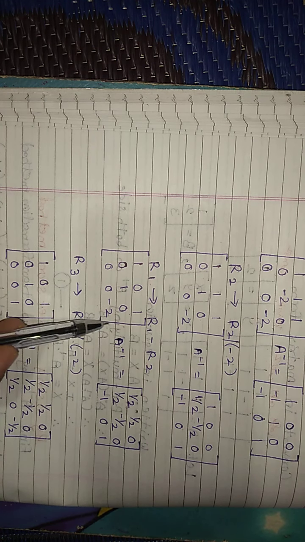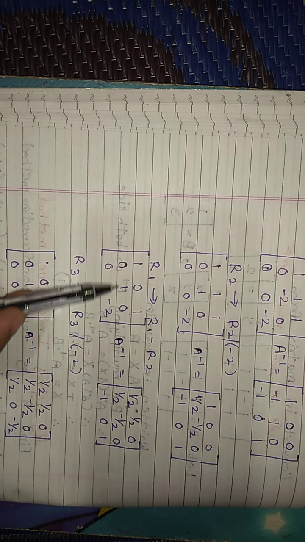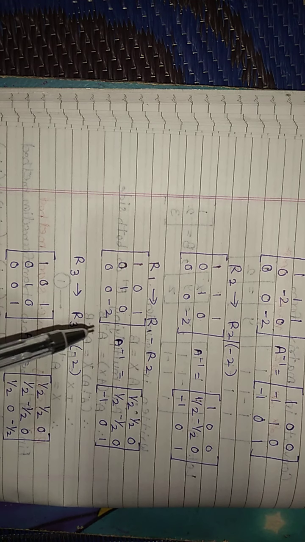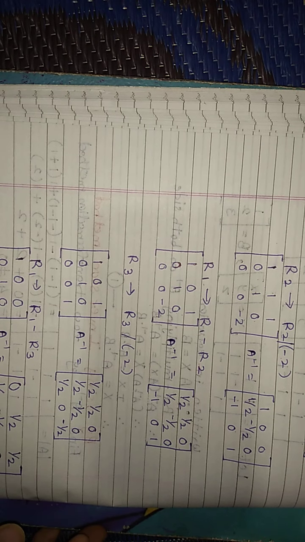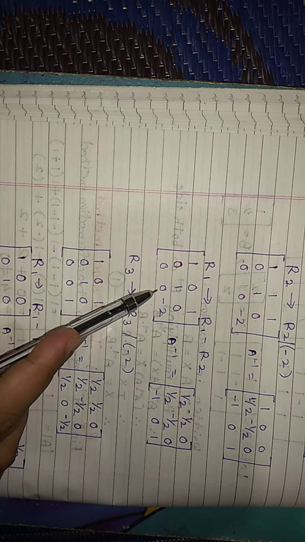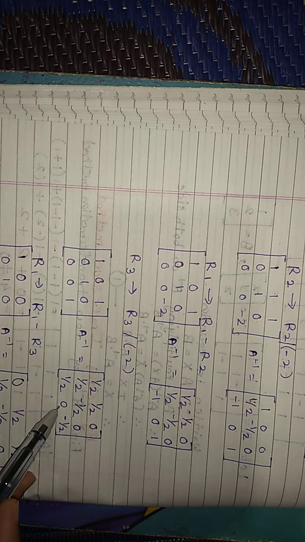Now the third element, convert in a 0. Present 1, 0, 0. Now this element we have to convert in positive 1. So minus 2 divided by minus 2, we get a positive 1. So 0 upon minus 2, 0 upon minus 2, 0 upon minus 2, it becomes 1. Minus 1 upon 2 upon minus 1 upon 2, half. 0 upon minus 2, 0. 1 upon minus 2, minus 1 upon 2. The last step,